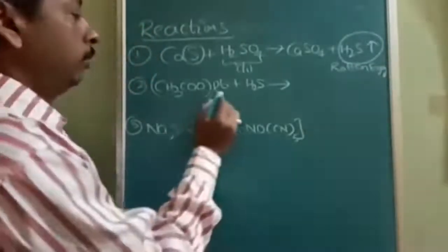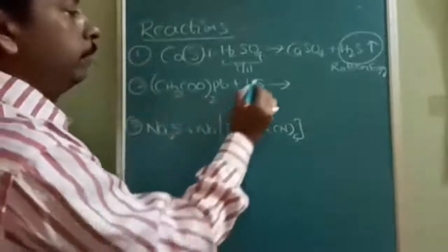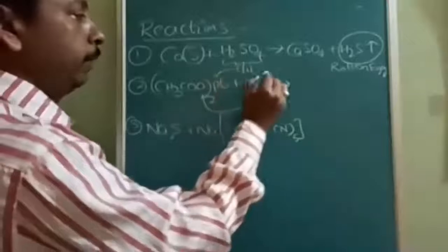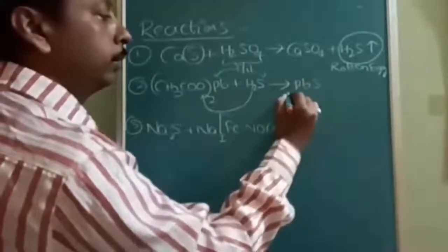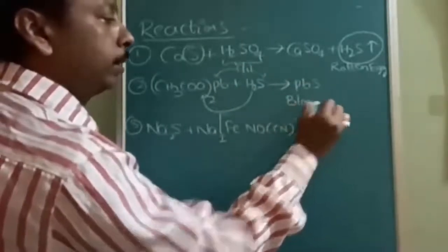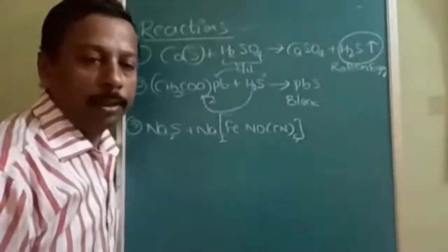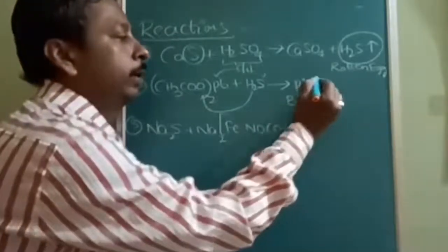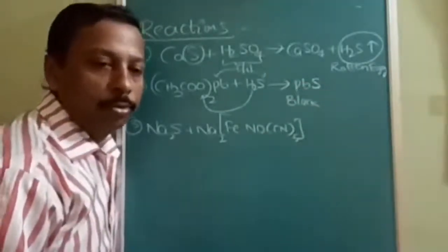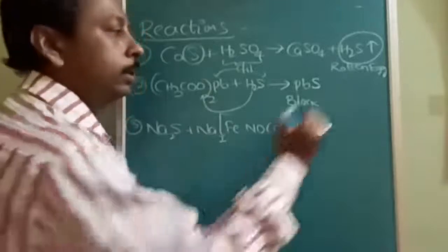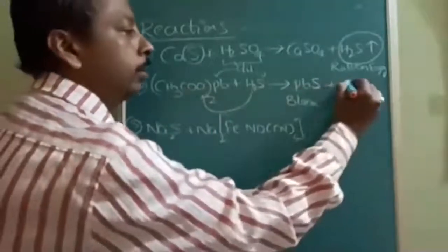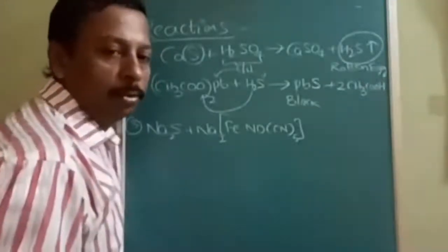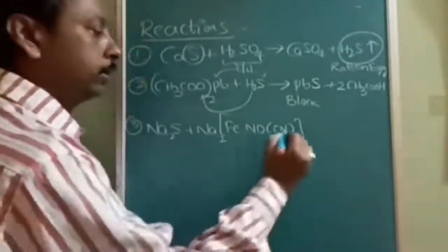Okay. Now lead acetate. When treated, this will convert into acetic acid. Lead and sulfide will convert into PbS. So PbS is black in color. In this chapter, very important things are colors and smell. So wherever some color and smell are there, you should remember, write and practice. Then remaining will be 2 moles of CH3COOH. Okay.